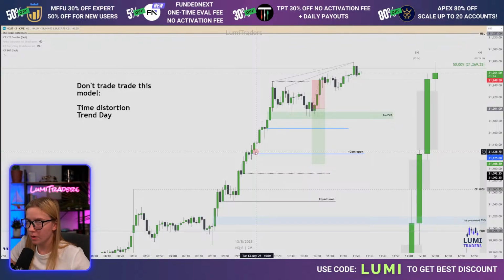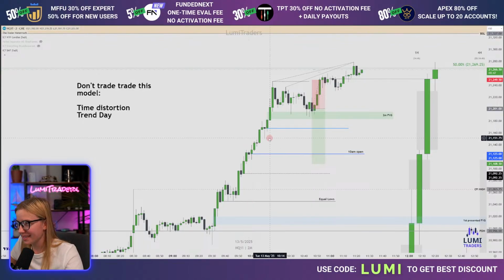I have no idea how CRT looks. At least I'm not going to sell any courses based on this. We're just going to have a YouTube name for this. Yes, 10 AM open power of 3. Exactly. It's hard to say every single time I'm going to trade 2-minute order block based on 10 AM open power of 3. 10 AM power of 3 needs to have a shorter name.